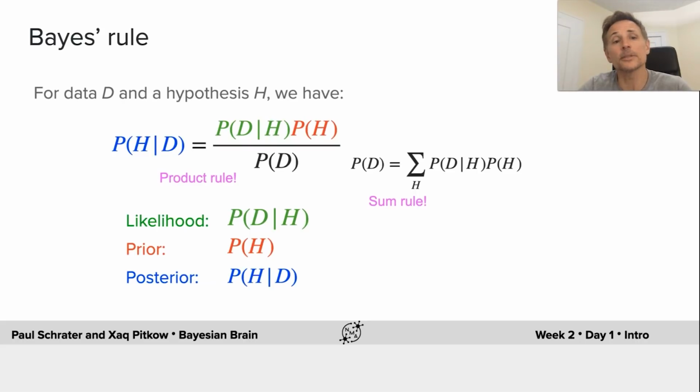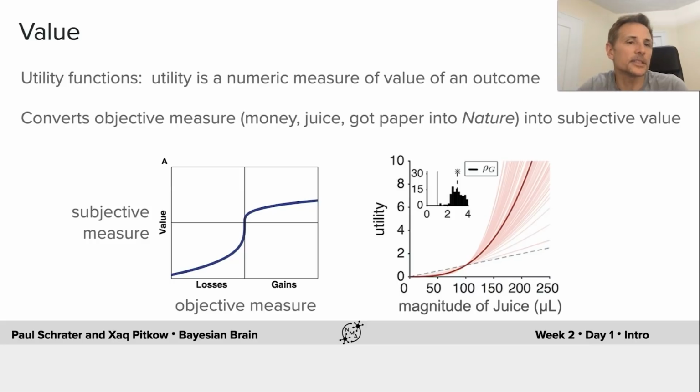So that in order to compute the posterior, you only really need the likelihood and the prior. What Bayes' rule is really doing is it's allowing us to convert what we know, or what we're given, data, into something we don't know, what's happening out in the world, the evidence for a hypothesis. In order to make decisions, though, it's not enough just to have a belief about what's likely out in the